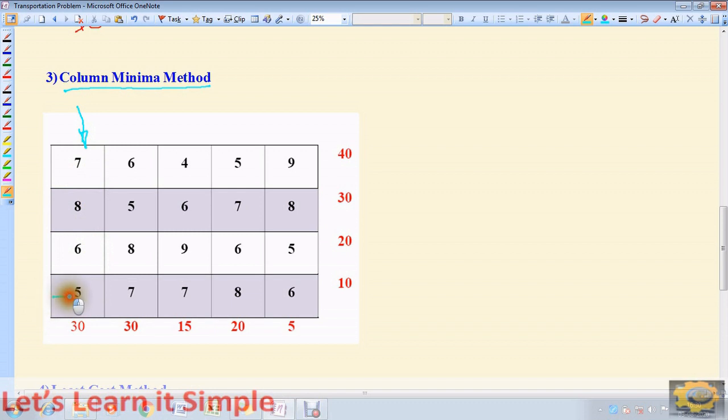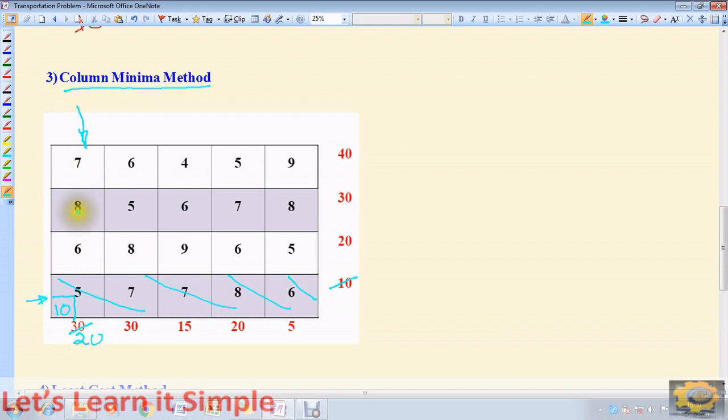So which means I need to allocate here. So we need to check this thing, 30, and the corresponding row we have 10 here. So if I compare 30 with 10, 10 is the least that can be allocated, and this will become 20, which means last row vanishes. And again, first column is still there. It is not vanished. Therefore, we need to look for the next minimum.